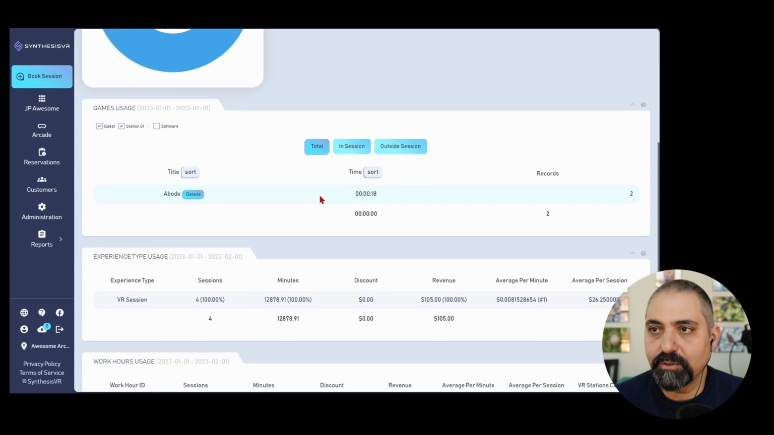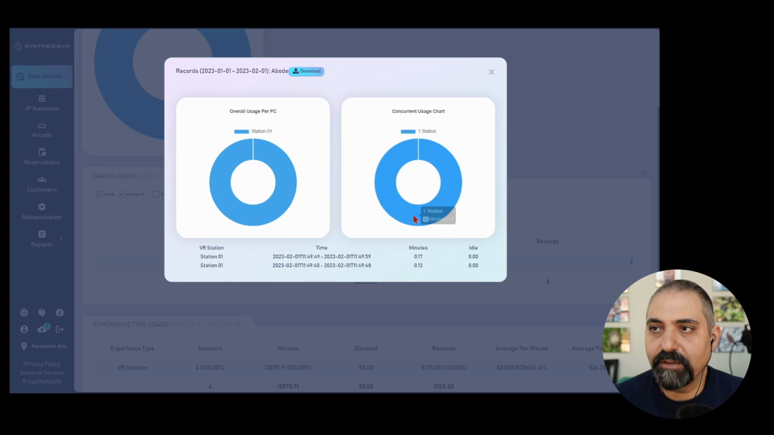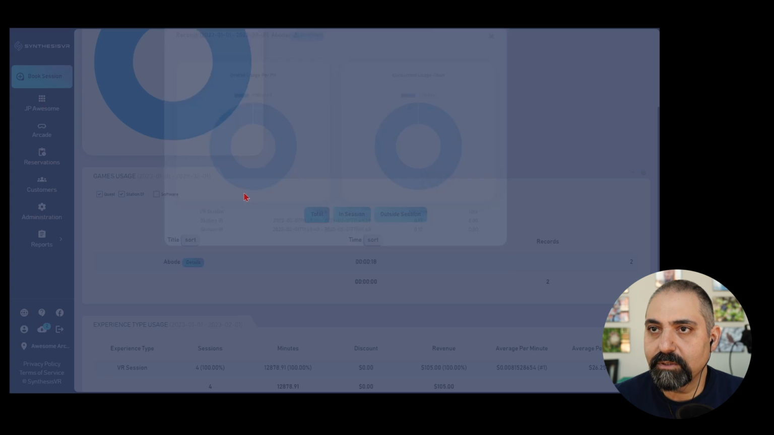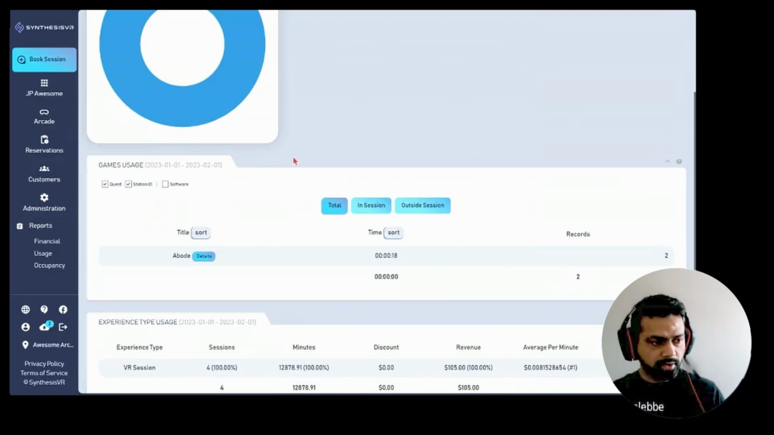And if I want to look any deeper, I can scroll down and see usage of particular games there, which will also give me more details if I click on the details. And then if I go to... So let me elaborate on that a bit more, because